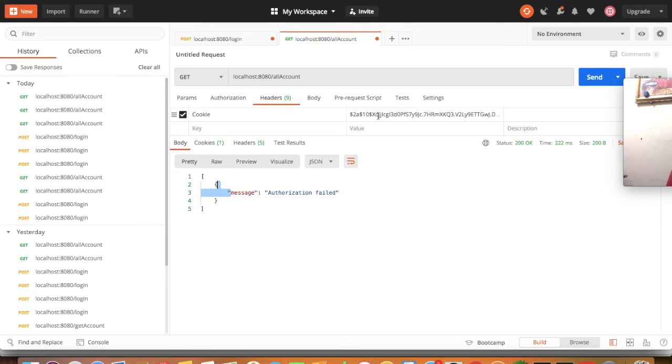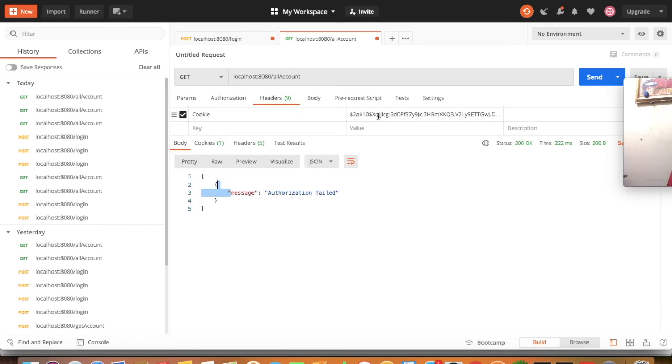So this is how we can go for securing our endpoints of microservice with the help of cookie, with the help of encryption, and it is limited to the web applications. JWT also is going to be the same kind of stuff, but JWT can work in non-web applications also.